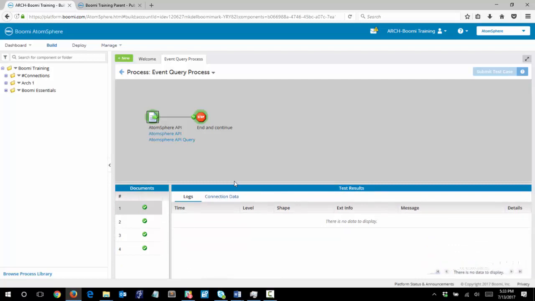You should have gotten just 2. The reason I got 4 is because I ran this process just before recording, and so I actually have double what you would have. But there, you should have 2 documents in there. And if you click on the stop shape, and then the shape source data, and then on the icon to view source,